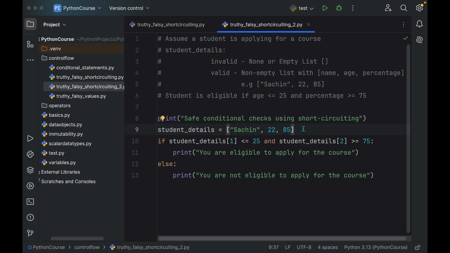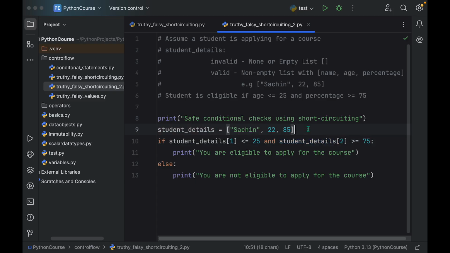Alright. Now if we want to access the element at index 0, we will be using student_details of 0. We will be using a subscript of 0. And if we want to access the element at index 1, we will be using student_details of 1. Subscript will be 1. Similarly, when we want to access the element at index 2, we will be using student_details